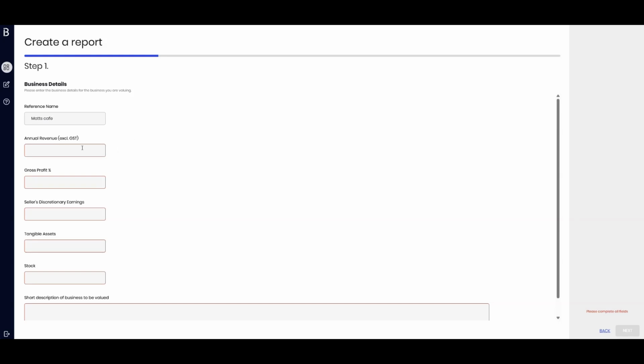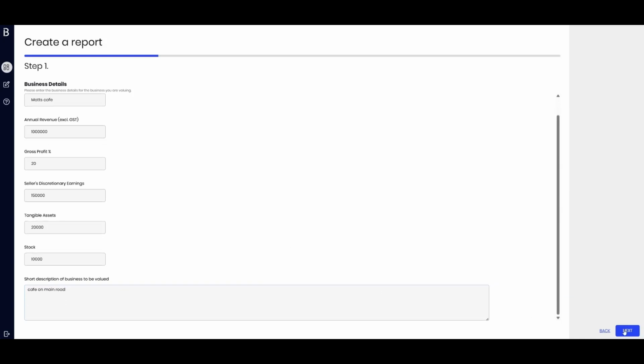It has annual revenues of, we're just going to use nice round numbers here, 1 million. Gross profit is 20%. Sales discretionary is 150. Intangible assets 20,000, and we have stock of 10,000. We can enter a short description here just to give some context if we're coming back to it later. Then we go next,